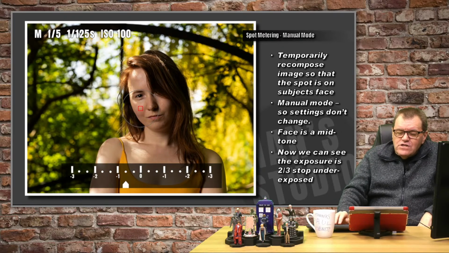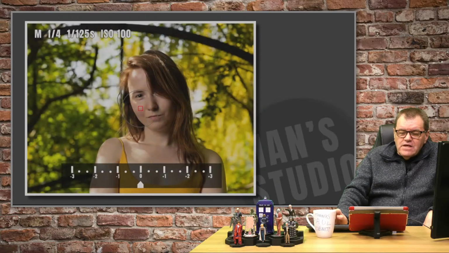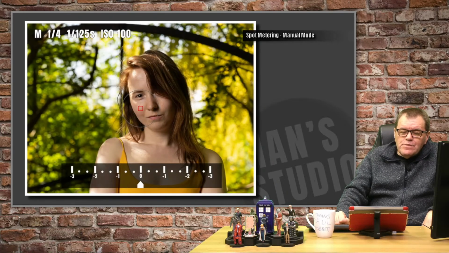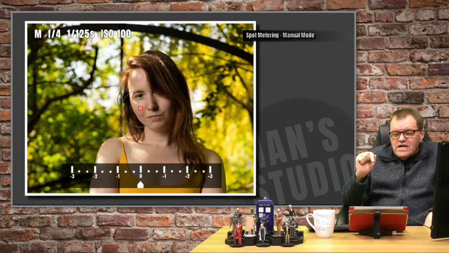So what do I need to do? Well, what I need to do is change my settings. Remember, manual mode, it's down to me to change it. So if I open up my aperture from f5 to f4, that's 2/3 of a stop, what would happen? Well, this is what happens. The image got just that fraction brighter. I hope you could see that on the image. The caret moves up to 0, which tells me